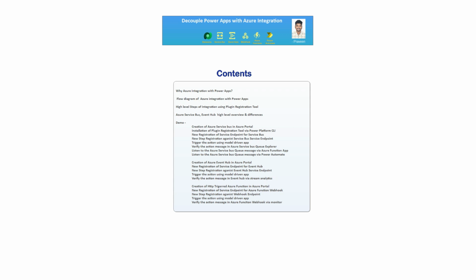Let's discuss what we'll be covering as a part of this Azure integration with Power Apps. We'll be talking about why Azure integration with Power Apps and what are the benefits. We also talk about the flow diagram of Azure integration with Power Apps. We'll also talk about the high-level integration steps using the plugin registration tool. We'll be using the tool called plugin registration tool so that we can create the service endpoint against these services